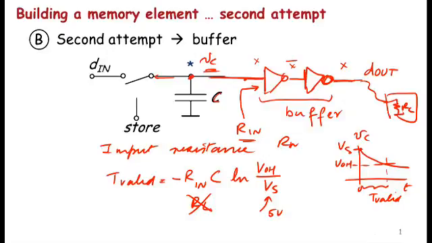Generally Rn is much bigger than RL, because RL relates to whoever was going to read the value of the memory cell, and we don't have too much control of who's going to read it. If I build a little memory and I sell it on the market, who knows how people are going to design the circuits to read the memory cell. I have little control of that. So now, by putting a buffer here, I get Rn, and by making Rn much larger than RL,